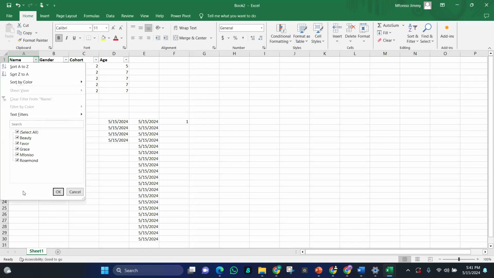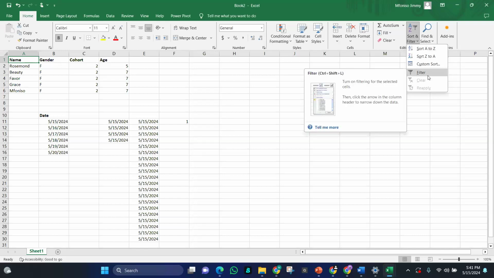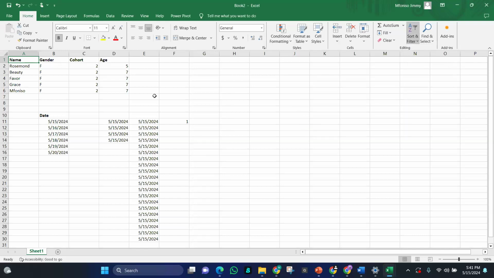Or at the same time, if I feel uncomfortable that this filter is still here, I can just come to this point and click. What did you notice? When I came here, the filter icon was still on. So once I click it like this, it's off. And if I come back here, the filter is no more picked. I hope you understand.